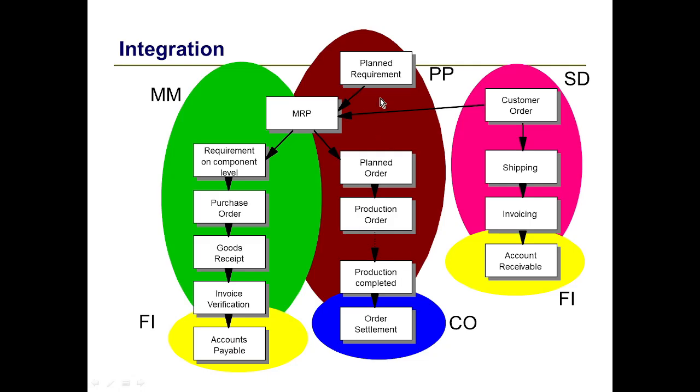This is okay. Then order settlement. Then come to SD: order, delivery, invoicing. Simply three basic steps. Okay, so how SD is connected with FI: it is integrated with FI accounts receivables, and connected with FI accounts payables. If you look at PP, it is related with CO, that is controlling the cost factors, analyzing